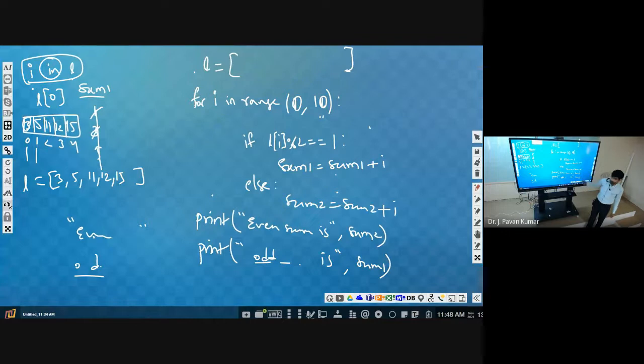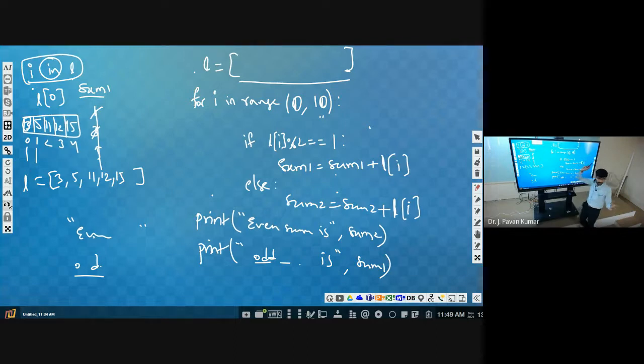If it is odd, then we have to add it to sum1. Sum1 is equal to sum1 plus L of I. Then here also, sum2 is equal to sum2 plus L of I. Finally, this we will display. Got it? Prior to this, we will assign 10 values. L is equal to some 10 values you can assign.